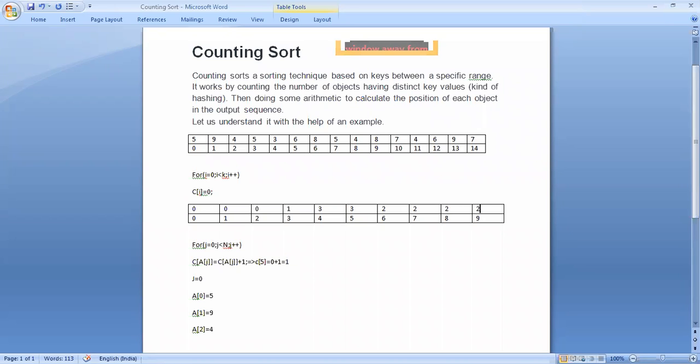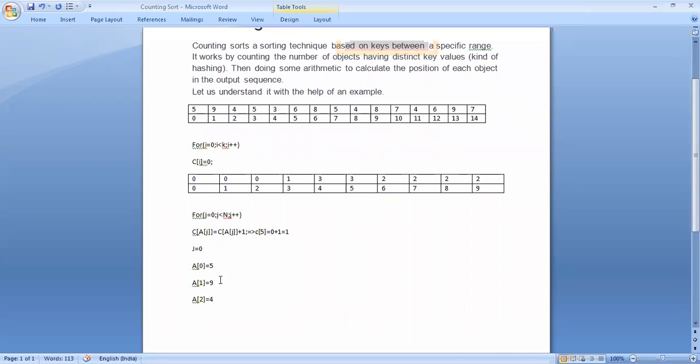Next, what we'll do? Next step. Now next, here we'll count.